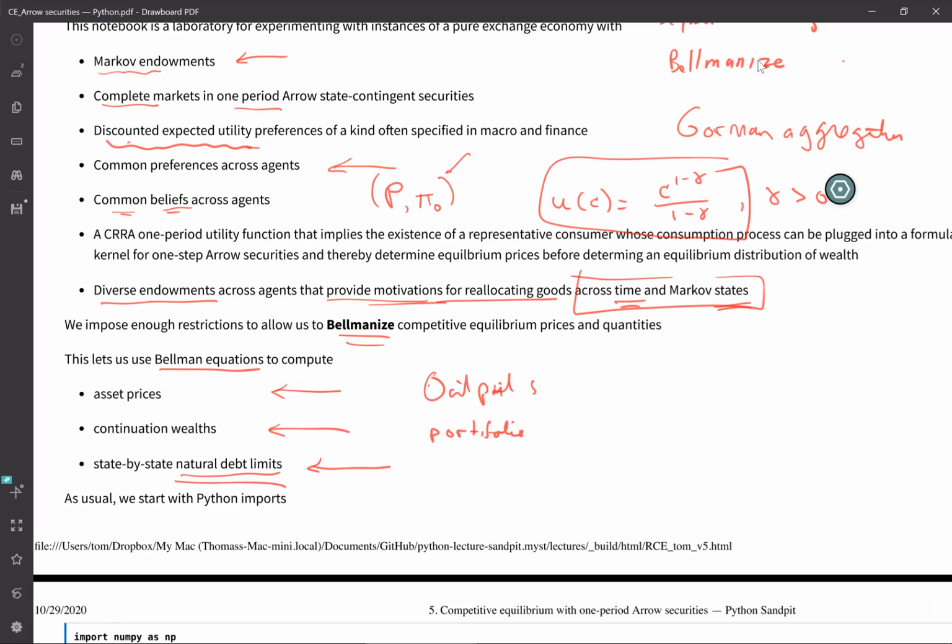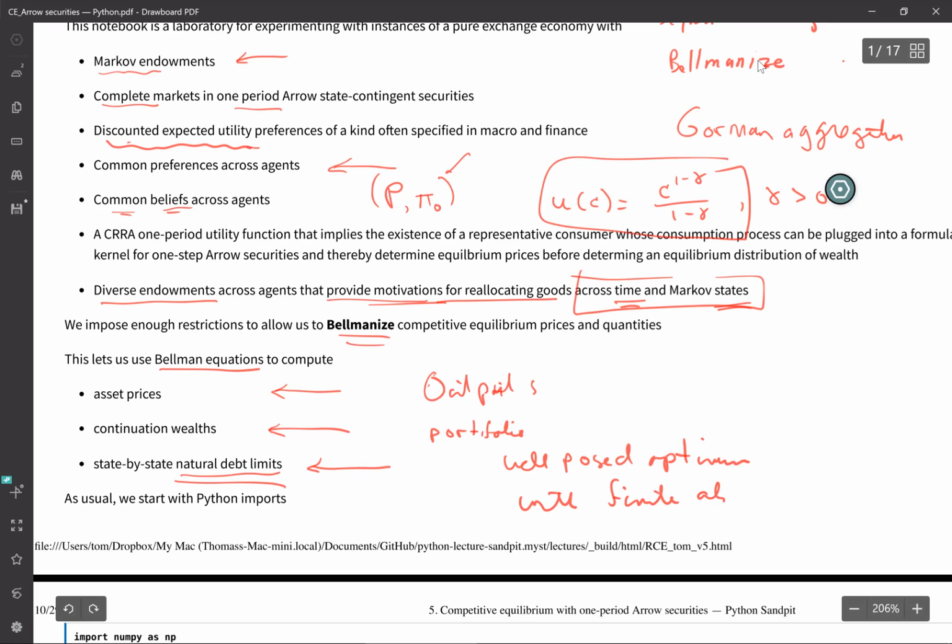We've talked about that before, in order to pose well-posed optimum problems with a finite objective function. And we've seen that if we don't have these natural debt limits state by state,